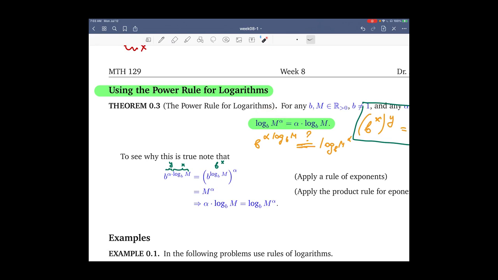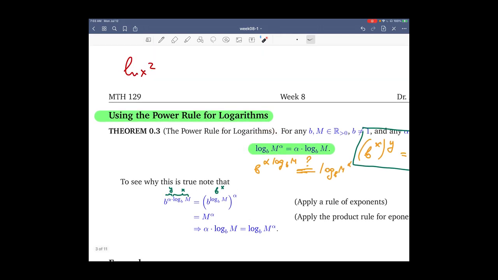That when you take log of a power, the exponent may come down. So I can write that ln of x squared equals 2 times ln x. The power came down. It's all good, except that